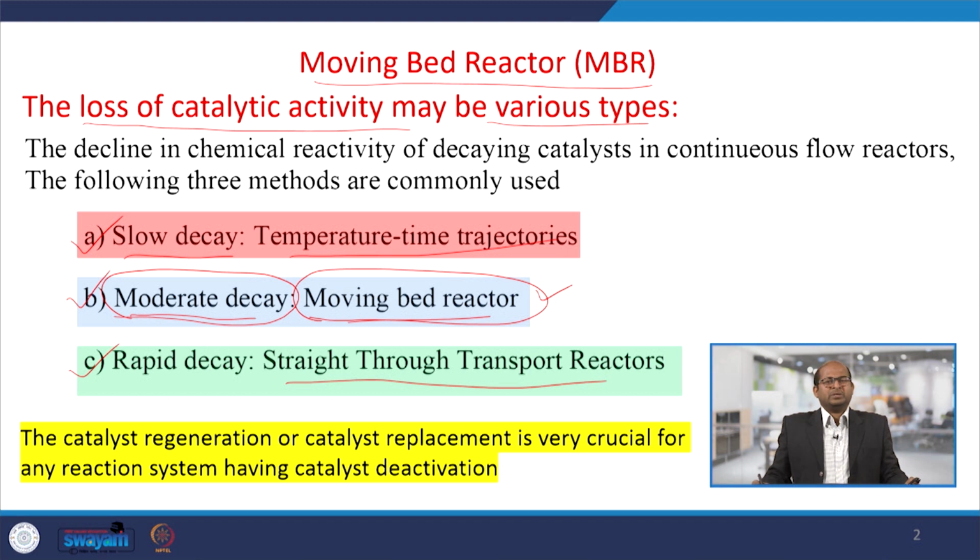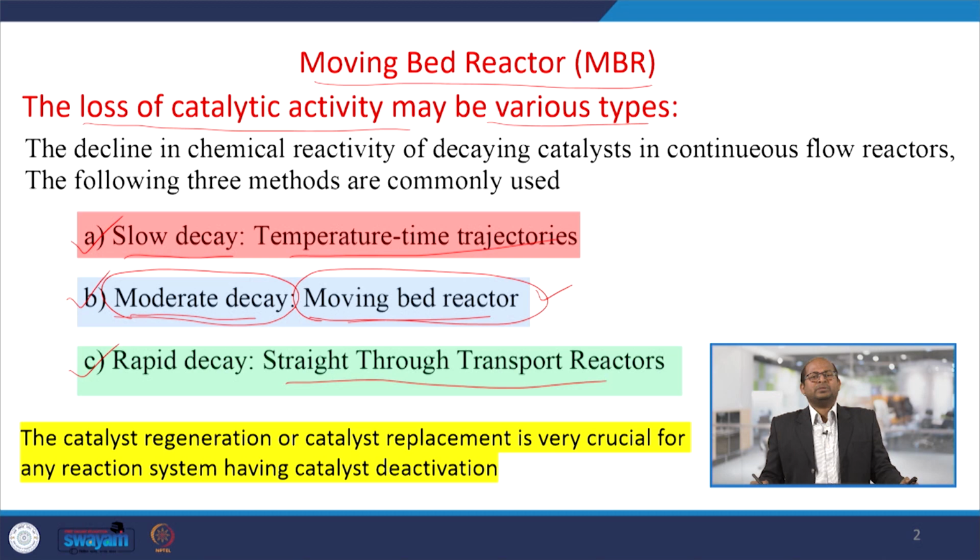There may be a stipulated time, maybe 30 minutes, 1 hour, or 20 minutes, for which we put the catalyst inside the reactor. Within that period the catalyst takes part in the reactions, interacts with the reactants, and conversion takes place. After that we have to take the catalyst out of the reactor system, and fresh catalyst is charged simultaneously. As a result, the spent or deactivated catalyst has to be sent to the